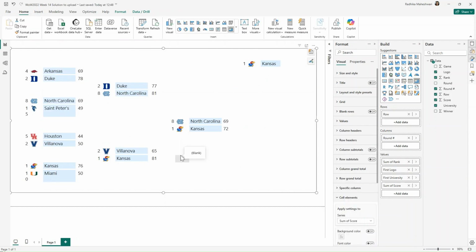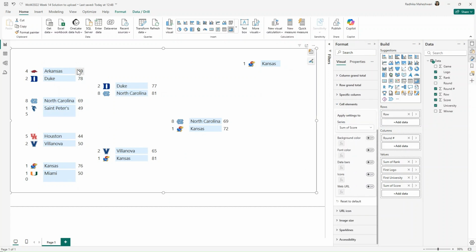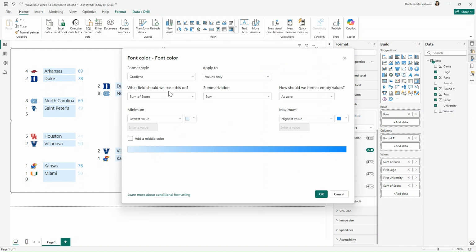Now the last step is to color code these values to differentiate between winner and runner-up team. And I'm again going to use conditional formatting, but this time on the font value and not on the font background. So I'm going to choose sum of score, as that's what we have to color code, and turn on the font color and then choose conditional formatting.